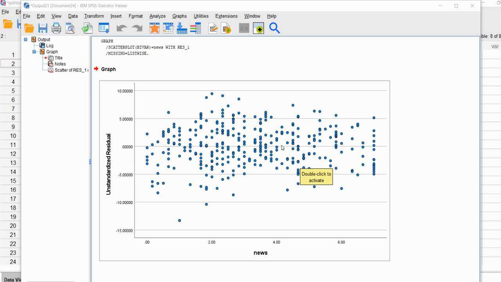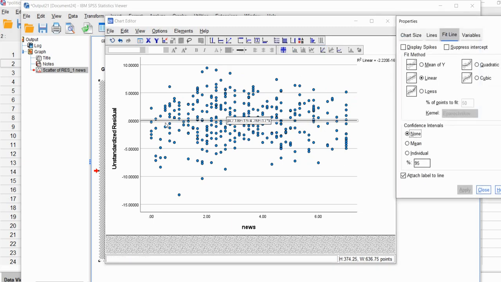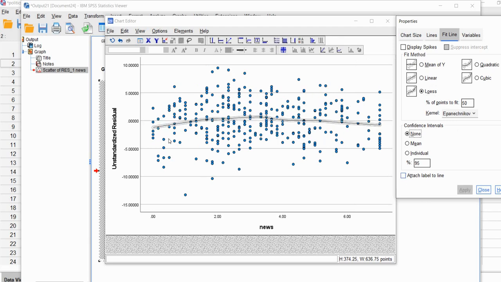If I want to take a little closer look, I can double click in this box right here and go up to where it says add fit line at total, and I can click on that. This is just a linear fit line right here. You can see the R square is basically 0, but that's not really what we're interested in. We want to look to see if there's any type of curvature. So I'm going to click on this lowest option right here and then apply, and you can see that